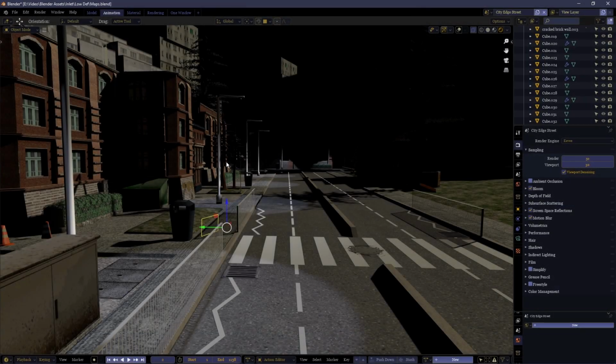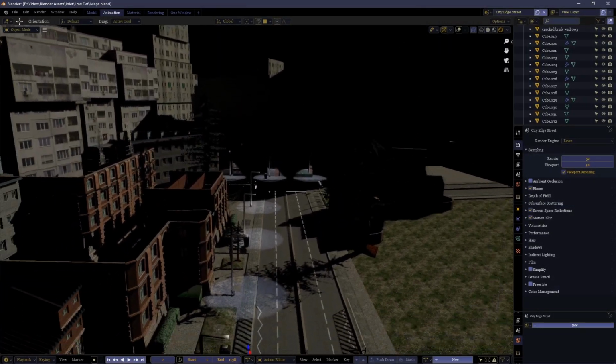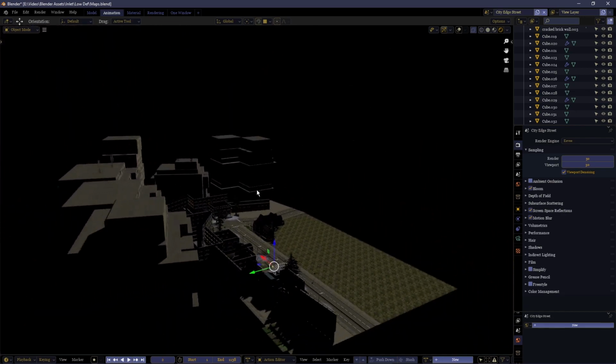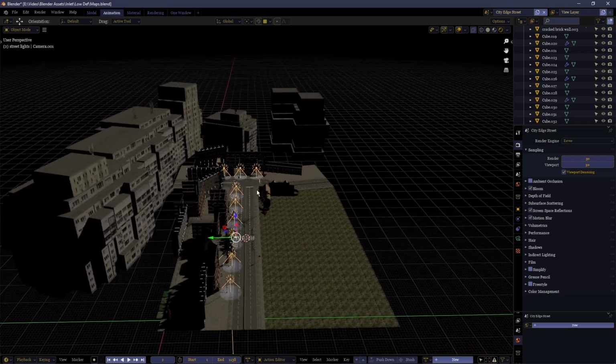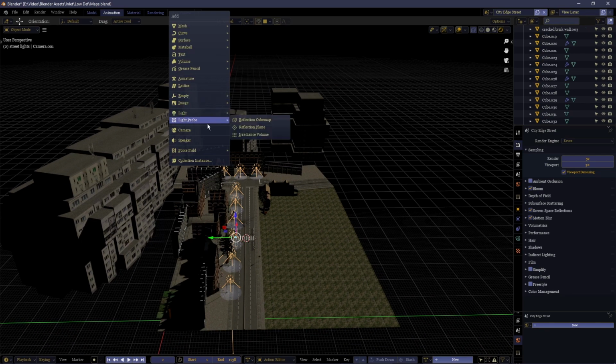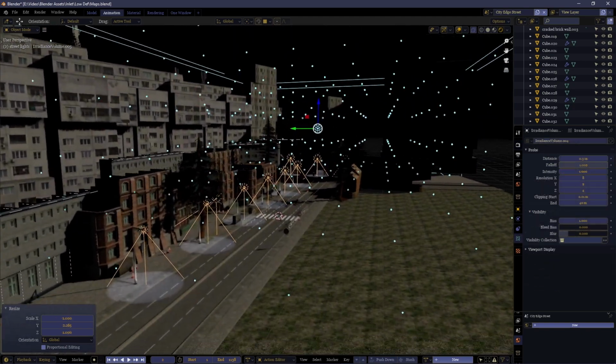In terms of your lighting quality, one thing you can make use of, something I've already made use of here in this scene, is a light probe. If we go to add an object and put a light probe, a radiance volume, scale this up to encompass as much of your scene as you require, depending on what you're trying to do.